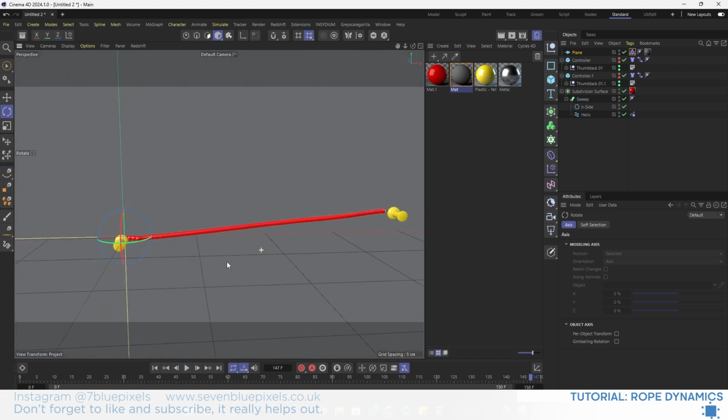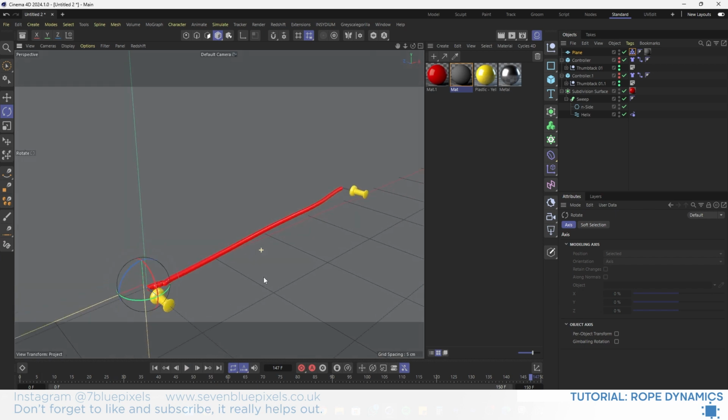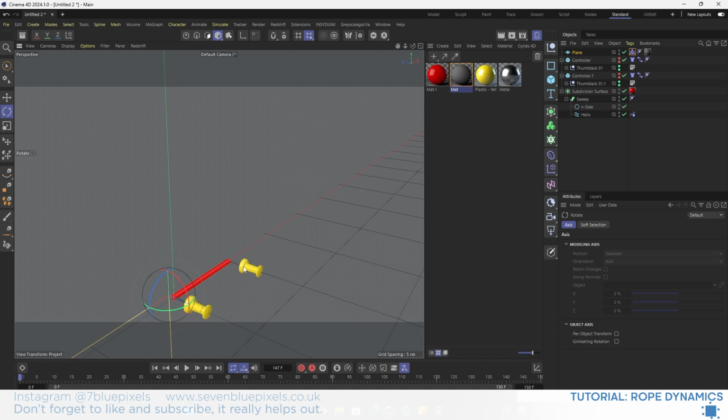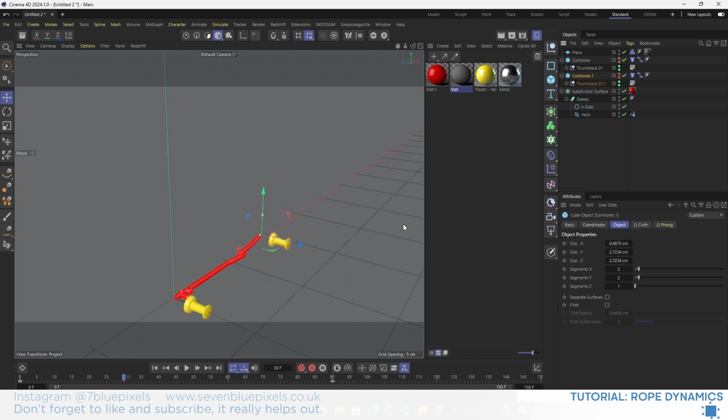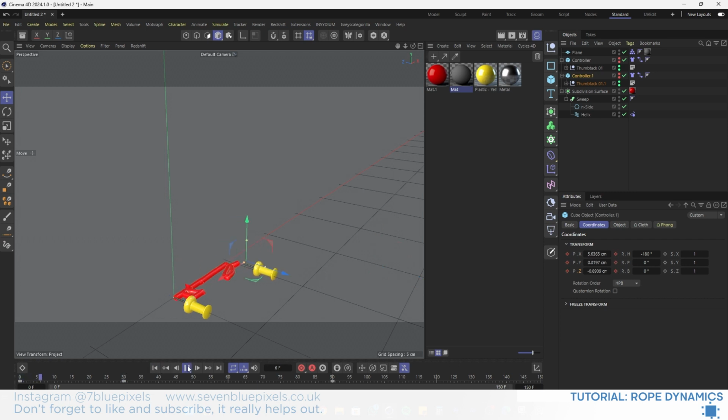Now, as you saw, it doesn't quite look great. What was all that bit at the beginning? Let's try and make it a little bit more obvious. So as we maybe go 30 seconds in, we're going to drag the controller and pull it out a little bit. I'm just going to put a keyframe there. So now the pin will come away from the board and pin itself back in. If we have a look,